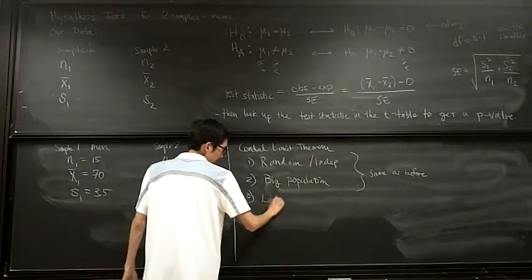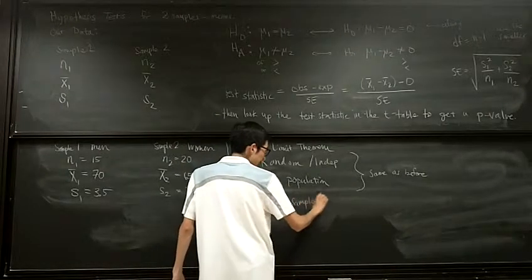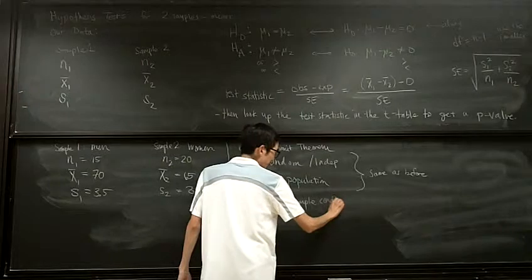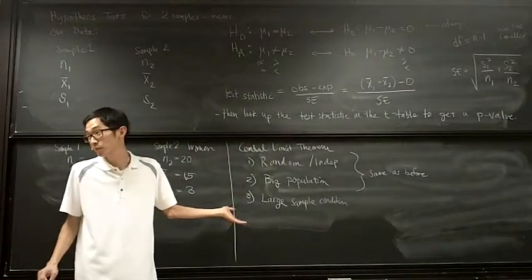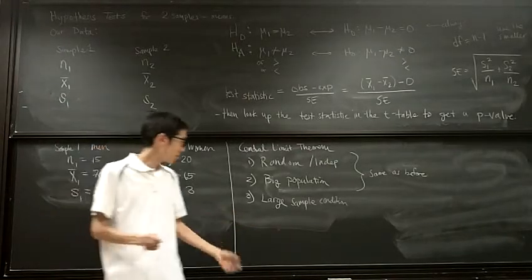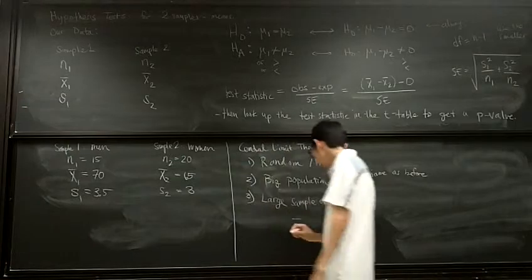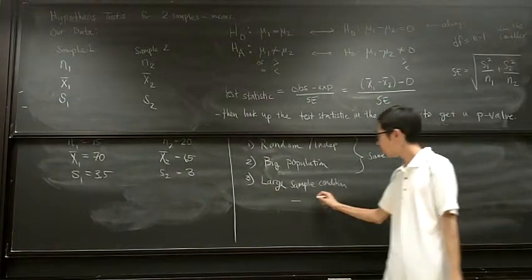Three, the large sample condition. Okay, this is the only one that changes. Because before, to check this, you had to do n times p. But now we don't have a p. We only have n. Okay. So this one is that if the population